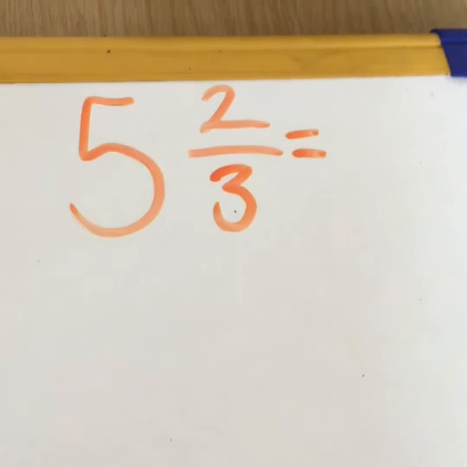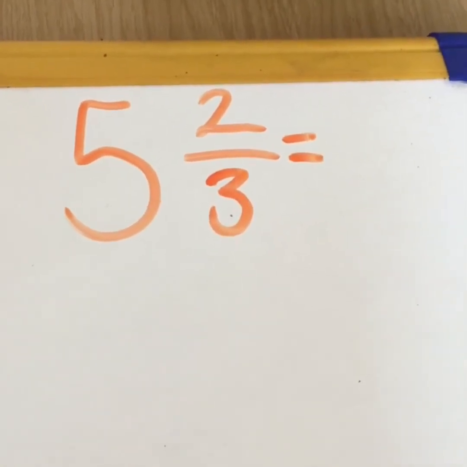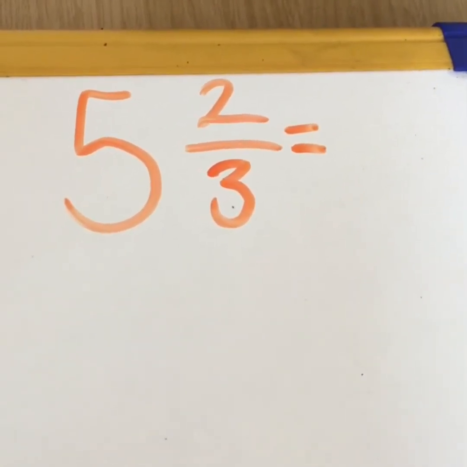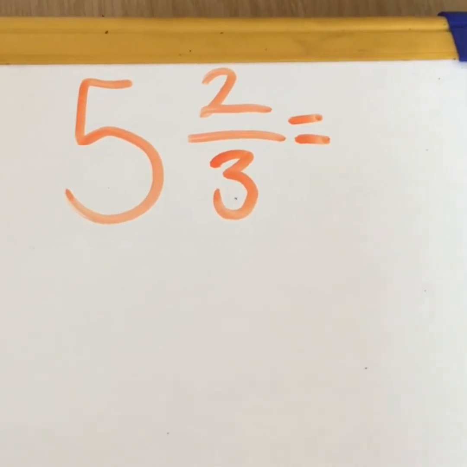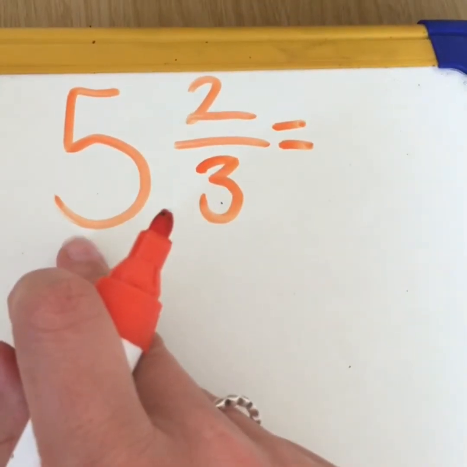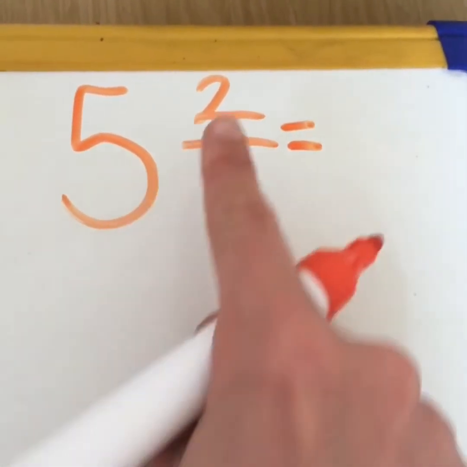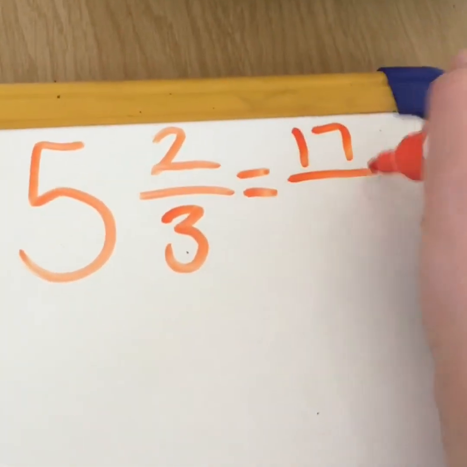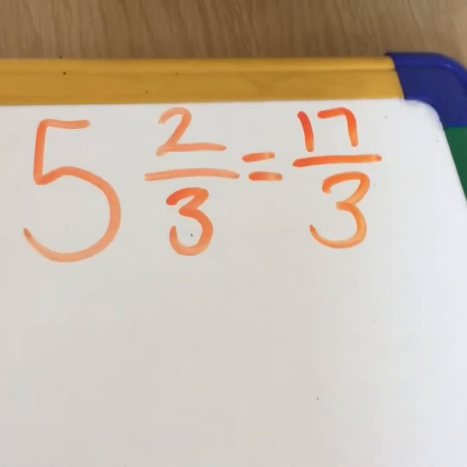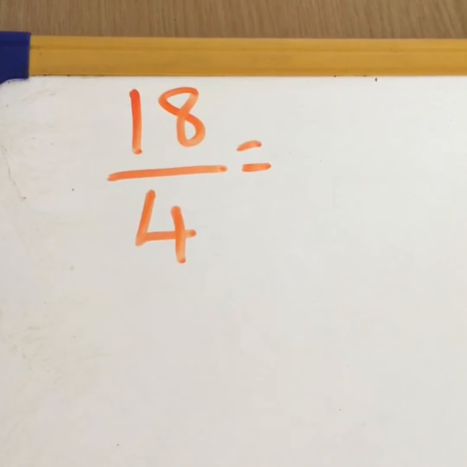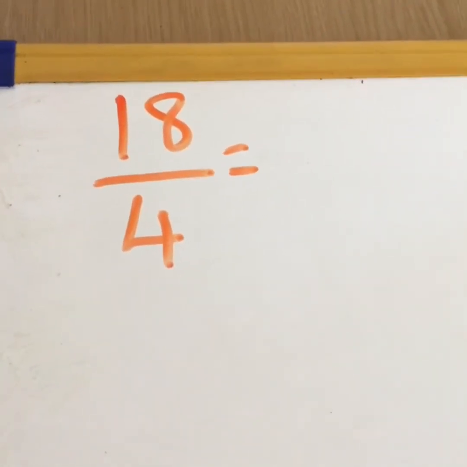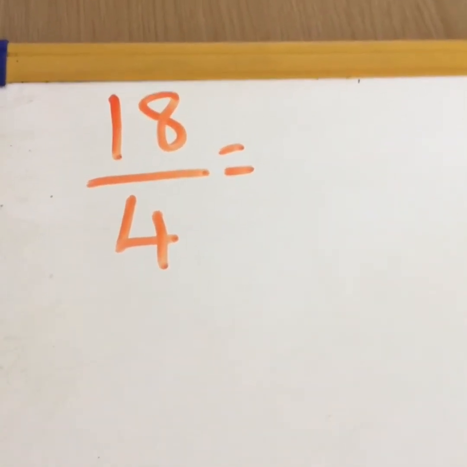If 3 wholes was the same as 9/3, think about what 4 wholes would be. So what's 5 wholes then? Well, 5 times 3 is 15. So 5 wholes will be 15/3. Add 2 more. 17/3. Now we're going to go from improper fractions to mixed numbers, and this is just doing the same process